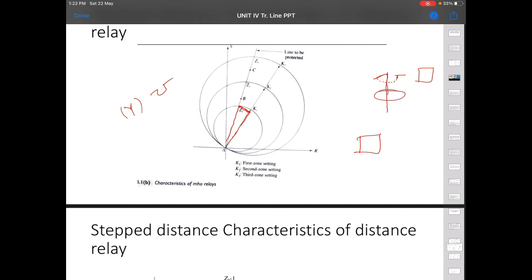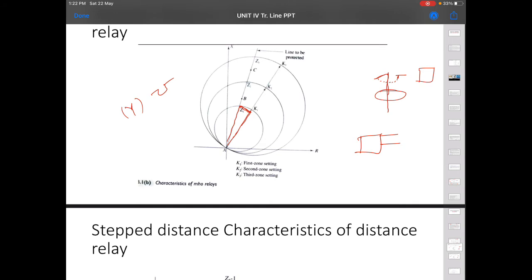There are two contacts, one fixed contact and one normally open and normally closed, correct? They are set up such that this is normally closed, and this is normally open. See here, there is no contact, so it is normally open. There is a contact here, so it is normally closed. This is normal operation.